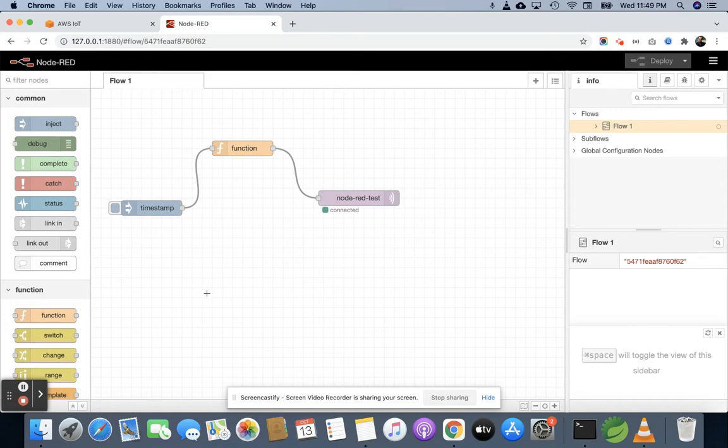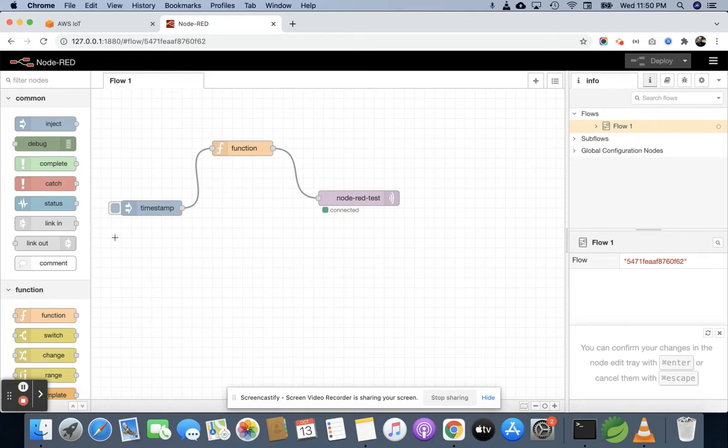In the previous video, I already explained how you can install Node-RED, how you can create things, and how you can connect MQTT through Node-RED, using AWS IoT Core and certificates, right? So this is my previous video example. If you have not seen it, then you will not be able to connect the MQTT. So just go through that video, and after that you can watch this video. Then you will easily be able to connect your Node-RED application with MQTT and AWS IoT Core, and you can store the data on DynamoDB, right?